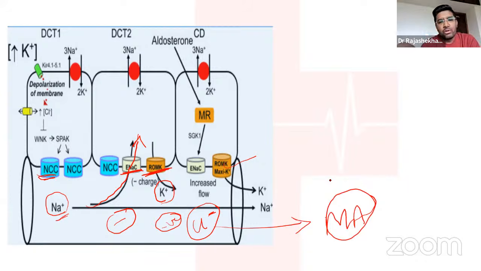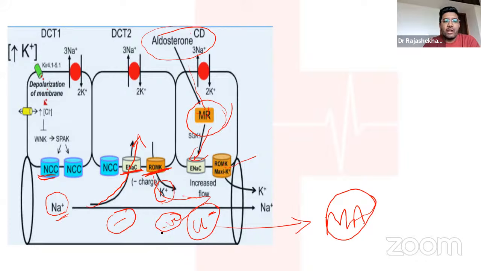Next, we need to remember how the mineralocorticoids act on this ENaC. We know this ENaC is directly under the control of the mineralocorticoid receptor, and this is under the control of aldosterone. So if aldosterone activity is increased, the mineralocorticoid activity increases, which acts on the ENaC channel. This ENaC channel is going to absorb more and more sodium. If more sodium is absorbed, potassium is secreted more, which will be lost in the urine. This is a major cause of hypokalemia in these patients.